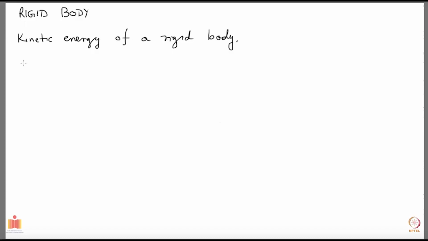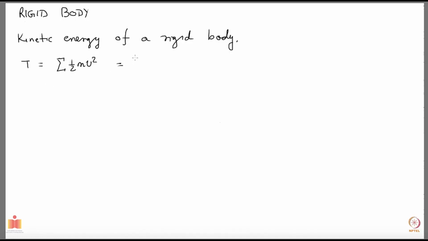Okay, so let me write down the kinetic energy T is half m v square, and I should sum over all the particles. If you wish, you can put an alpha here and alpha here, where alpha runs over all the particles in the body. But because I'm putting the symbol sigma, I make it implicit. I don't want to clutter. Okay, so this is nice.